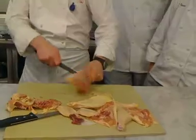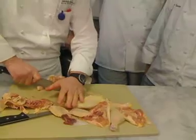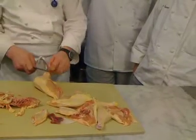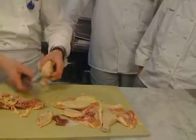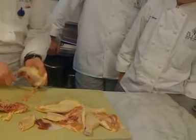And you can cook it like this and finish later, or you can actually cut the tip of the bones and just scrape it off. And as the rest of the meat cooks, it will shrink neatly. And I think this is the best way to do it. You don't have to do that again. So don't be afraid at this point, just scrape the bone. Put it down there and just